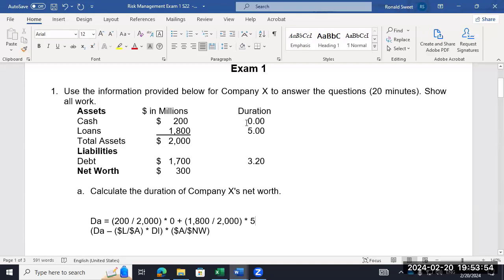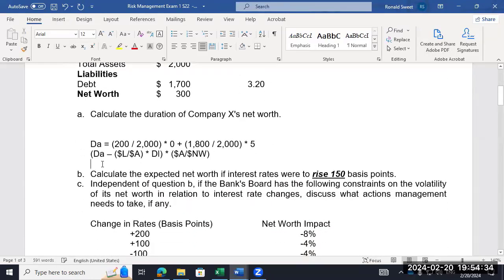This firm, the duration of assets is going to be greater than 3.2, isn't it? And if the asset duration is greater than liability, you're going to have a very positive net. The only way duration net worth can be negative is for this number to be substantially larger, because it's already starting off with a disadvantage because liabilities are already smaller. So this is going to be a positive duration of net worth. So if you get a negative number, your mind should say, okay, wait, this number is substantially larger than that one, and it's the bulk. It's 90%. So it looks like about 4.5 or something. That's going to be a much higher duration. So, all right. Any questions on that first one?